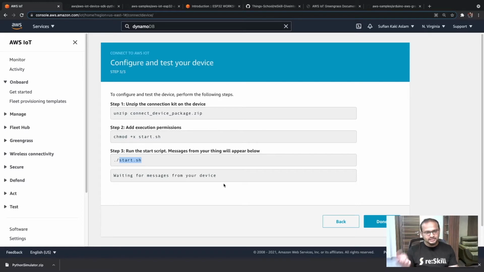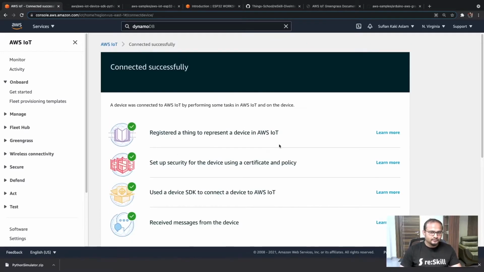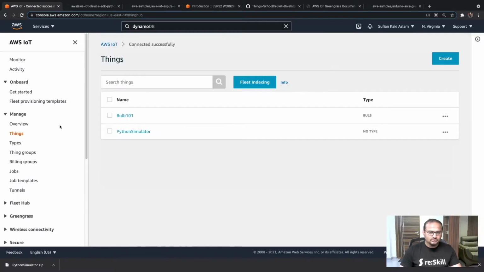Similarly, the authorization, all the 3 steps that we just followed, will have also created a policy and attached it to this particular device. You can either do these things and then wait for messages to appear here, but I'll show you from the MQTT test client anyway. So I'll click on done and then I'll show you